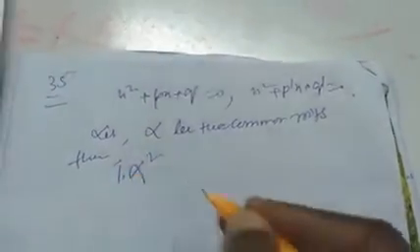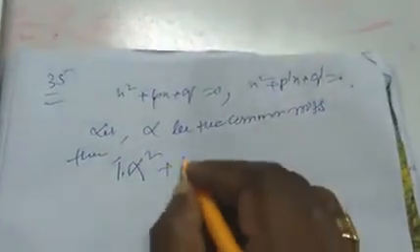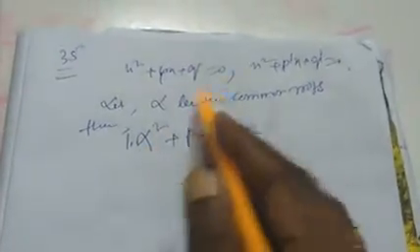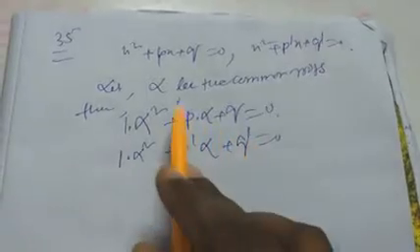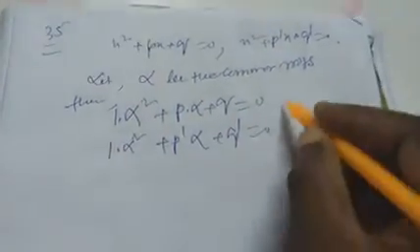अल्फा स्क्वायर, देखो यहाँ पे कैसे लिख रहा हूँ, ये लिखने का तरीका देखो, क्लास 10 का जो क्रॉस मल्टीप्लिकेशन मेथड था उसी से ही करना पड़ेगा, नहीं तो आएगा नहीं, दूसरा कुछ मेथड से होगा नहीं। Alpha is the common root of these equations, so it will be satisfied in this one and in this one, that is common. So 1, alpha square into the second equation p dash alpha and q dash is equal to 0. Again see, alpha be the common root of these and these, so you can satisfy these and these equations, we got this condition. Okay, this is number 1.